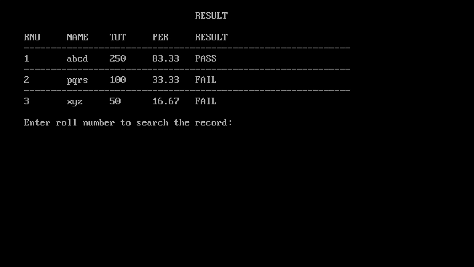This is the result. Roll number 1 is passed with percentage 83.33. Roll number 2 is failed. Why? Because he did not score more than 40%. That's why the result of roll number 2 and roll number 3 is failed. Now